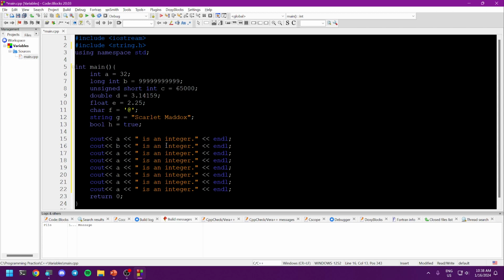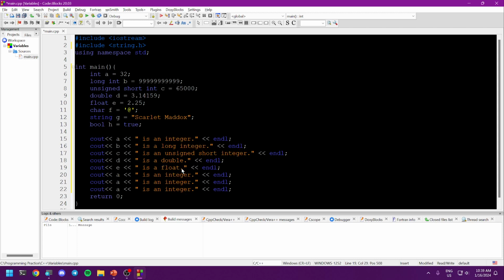B is a long integer. C is an unsigned short integer. D is a double. E